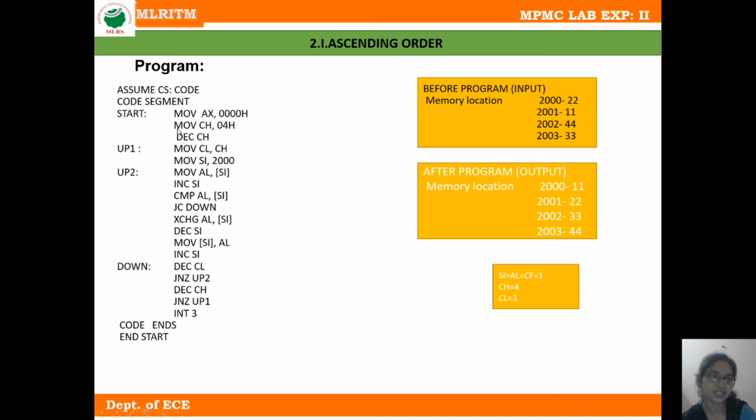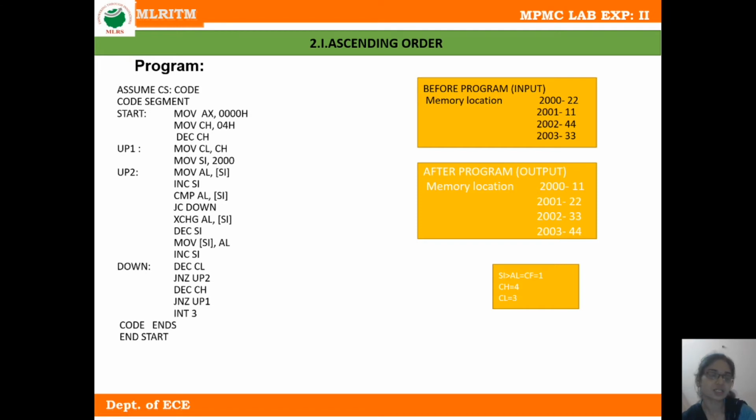The next instruction is MOV CH, 04. This 04 indicates the count of numbers present in the memory location. The next instruction is DEC CH. Through this instruction, the content of the CH register is decremented by 1.